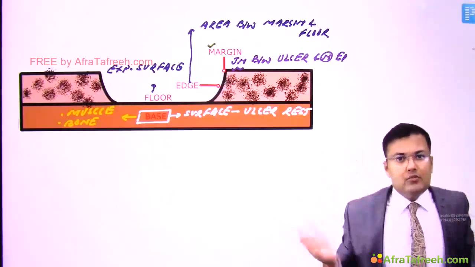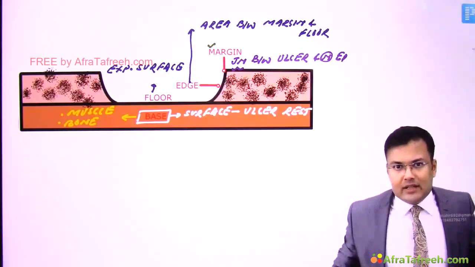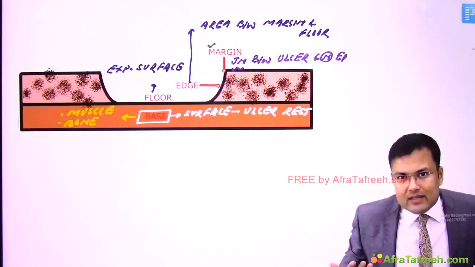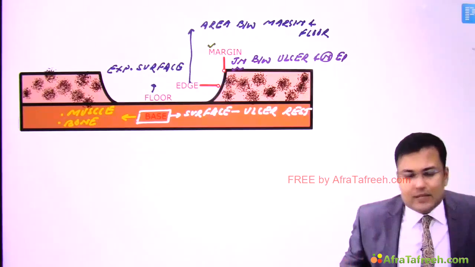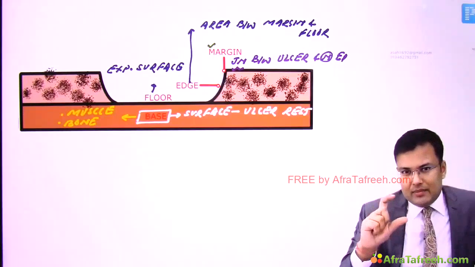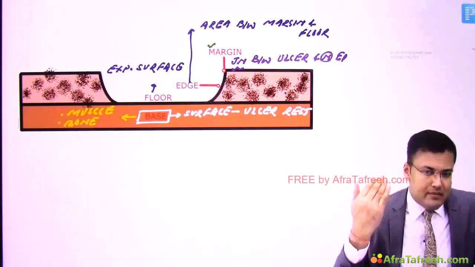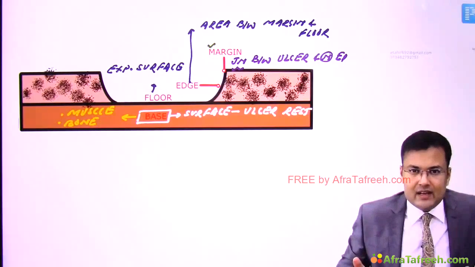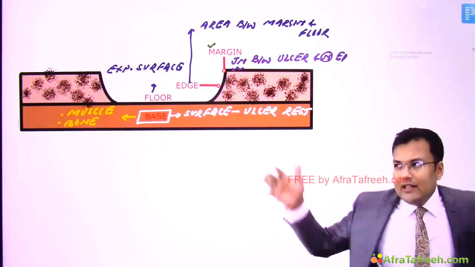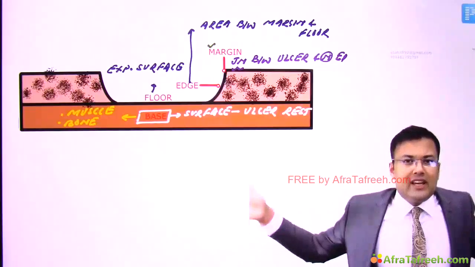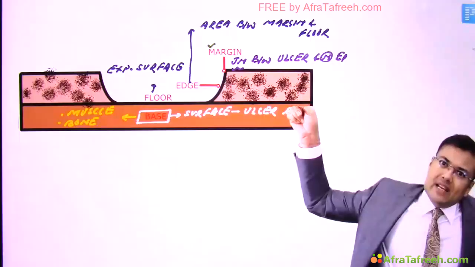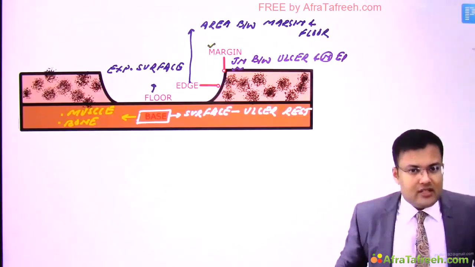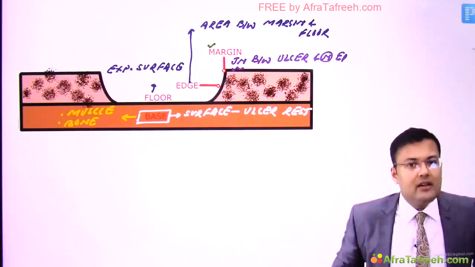Now it is very easy to remember the parts of an ulcer. Imagine this room as an ulcer. What is there in the floor? You can see tiles. So tiles are the floor, meaning the exposed surface. What is the base? The surface located beneath the tiles. Beneath tiles, there is concrete. So concrete is going to form the base, tiles are going to form the floor, and the walls of the room are going to form the edge. The wall is going to meet the ceiling, and that junction is known as the margin.